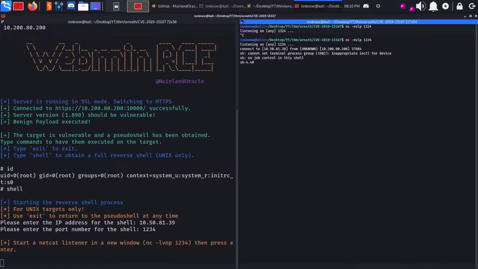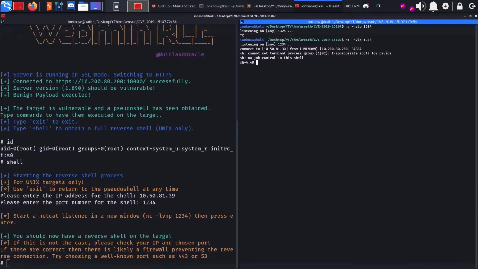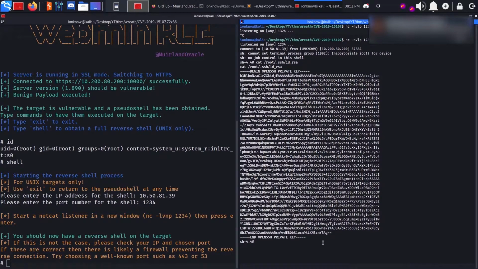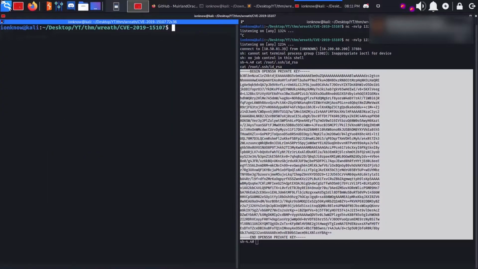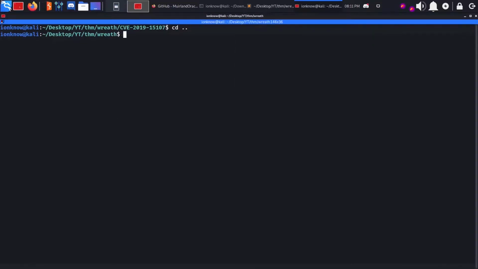Now, since this is a network, what could be really useful for us is either SSH credentials or SSH private keys, id_rsa, because we could use them to pivot. Fortunately for us, root has one in his .ssh directory. If we go ahead and cat it out, copy the whole thing and come back to our box, cd back, nano id_rsa, paste the whole thing, chmod 600, so SSH won't yell at us, ssh -i, you know the rest,